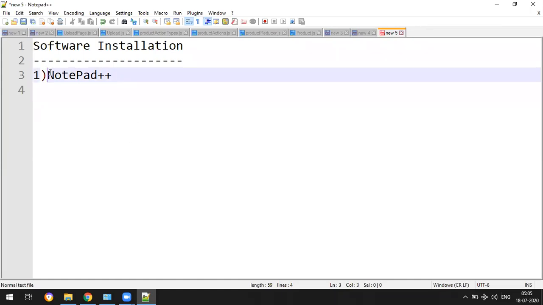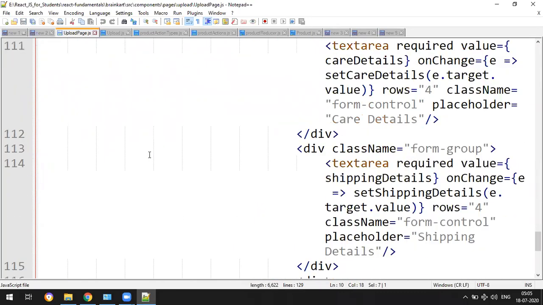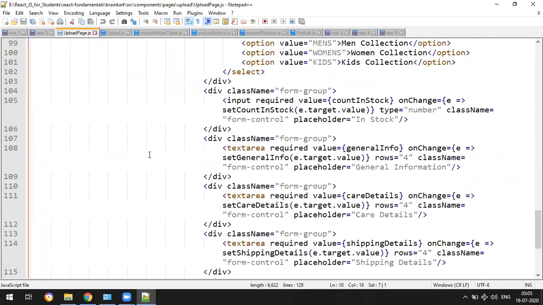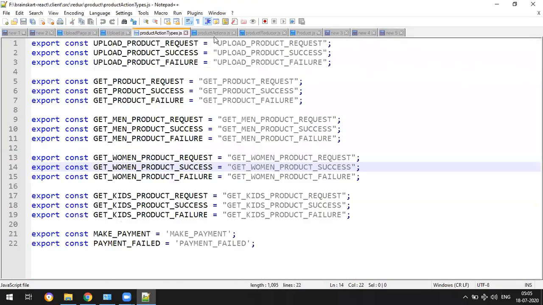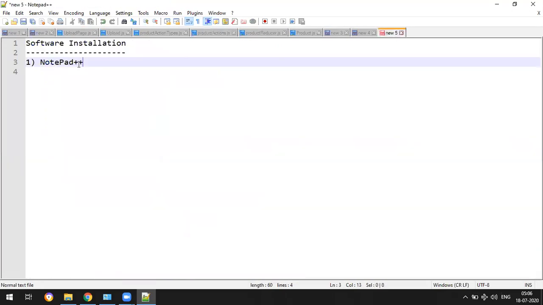It is far better than your regular Notepad. Suppose you have a file and you want to see the source code of it, you can just use this. It's not actually for development, just to verify what that source code is, or you can take some online notes using this.